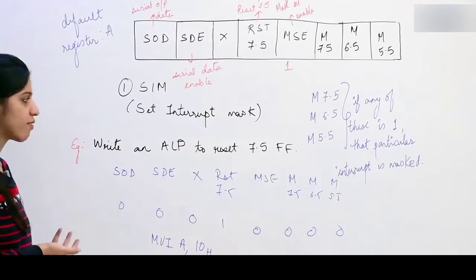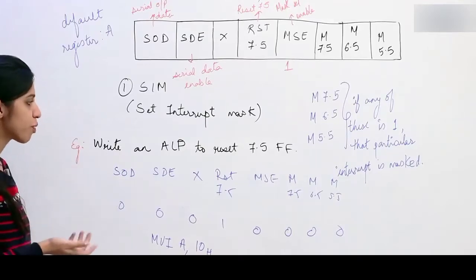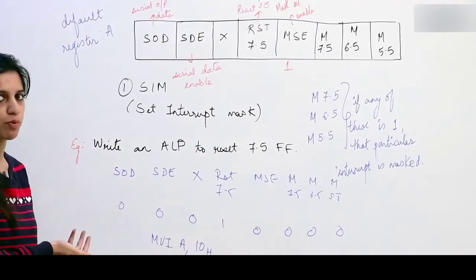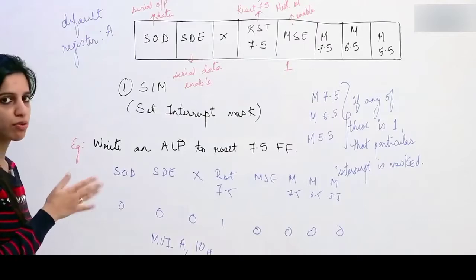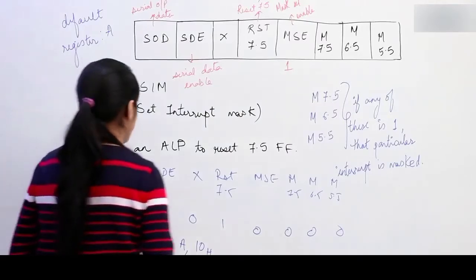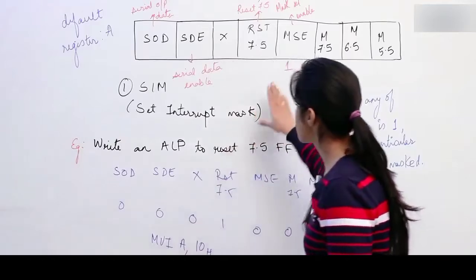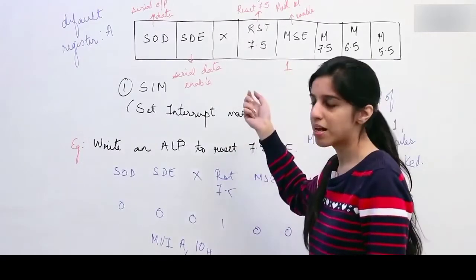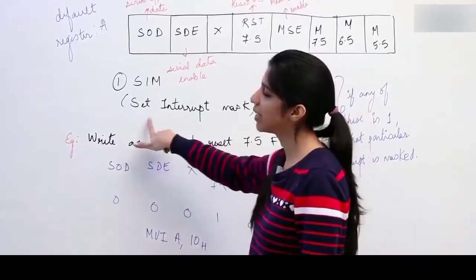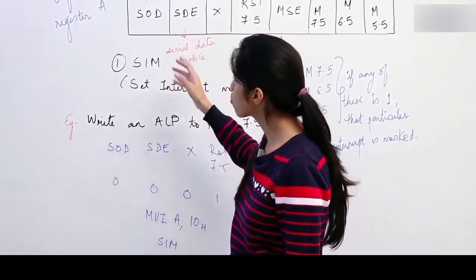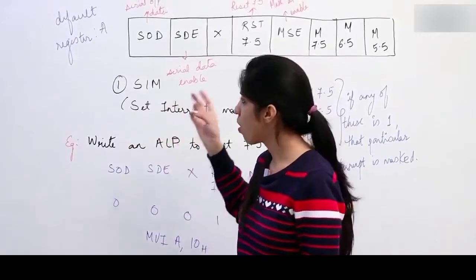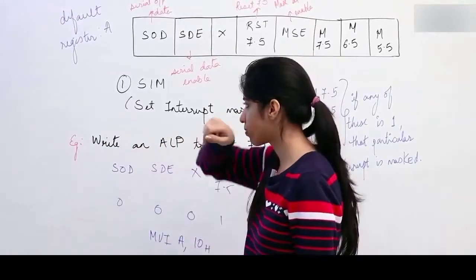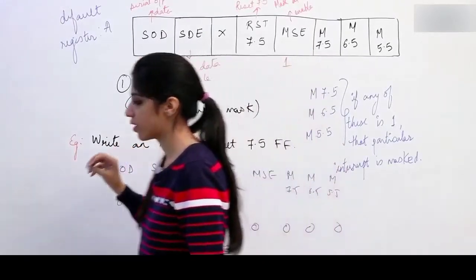Why am I resetting 7.5 flip flop? Most probably we do this when we have already serviced 7.5 flip flop, so that there is no confusion. Okay, so we just reset 7.5 flip flop. So this is a simple instruction to set interrupt mask, to make masking of interrupts. Now there is one more instruction which is to read interrupt mask, to know the status of pending interrupts or whatever is the status of IE flip flop. You can know by that instruction. Let us just take a look at that also.